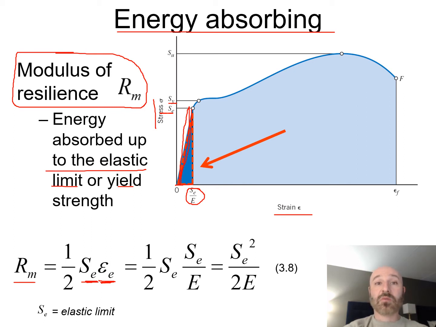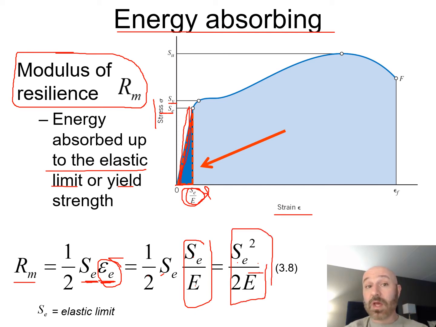We can see here this is 1 over SE times, if we put epsilon sub E by our SE over E, which is exactly what we get from our graph right there. Plug that in there, we can see now we have an SE times an SE, which is SE squared. So we now have SE squared right there all over, that 1/2 comes right through, our E's right there, our 2E, which leads us into the final solution right here for equation 3.8 from our textbook for our modulus of